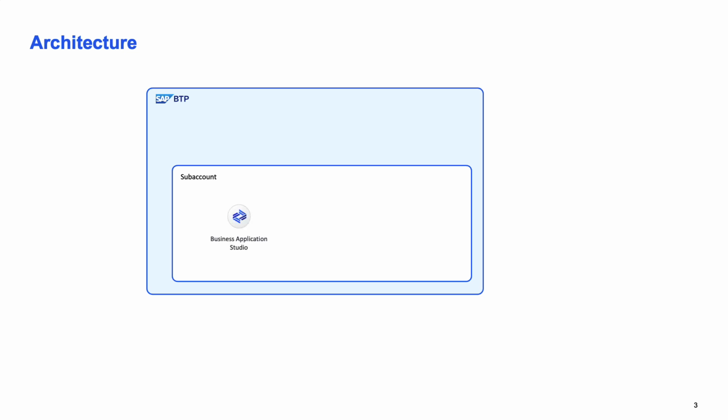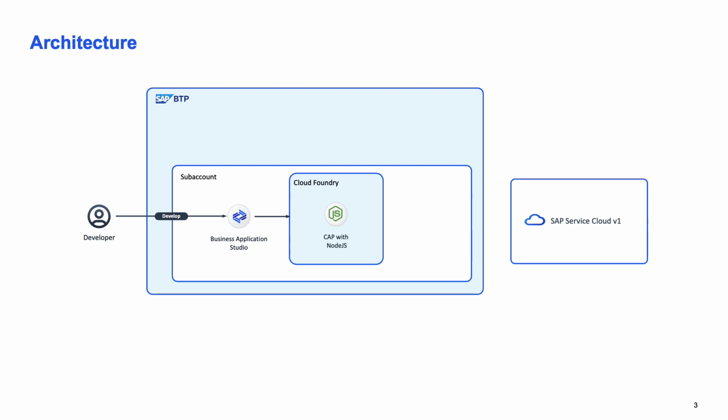Developer will access the BAS instance in order to develop the CAP application and will then deploy it into the Cloud Foundry environment. This application will use a destination in order to connect to the standard OData API, which changes data in the C4C ticket. Finally, we have the end user who interacts on his daily tasks with the Service Cloud